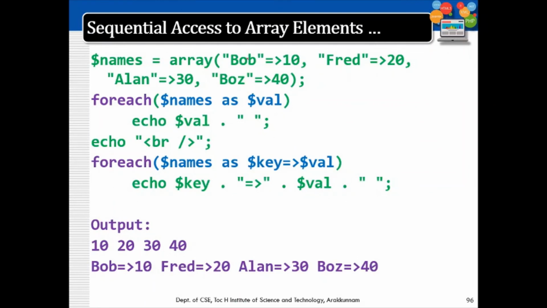Here is an example. Here is this associative array. Dollar name, foreach dollar name as value. We have already seen a similar example. So it will be echoing the values alone. Here it is a key value retrieval. So both will be retrieving values. So this will only fetch the values 10, 20, 30 and 40. This will fetch the keys as well as the values.